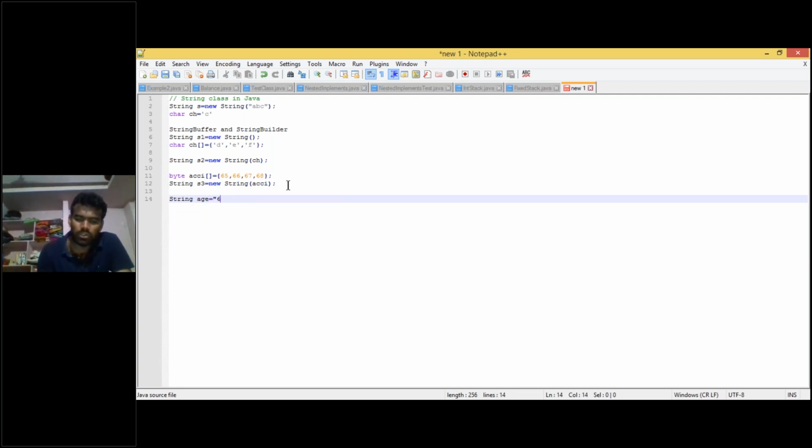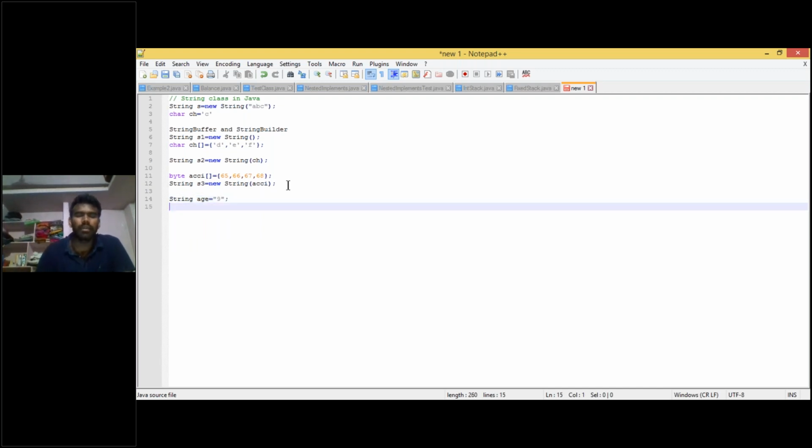String age is equal to 9, I have provided. Now what I am doing here is creating one more string, String s4 is equal to